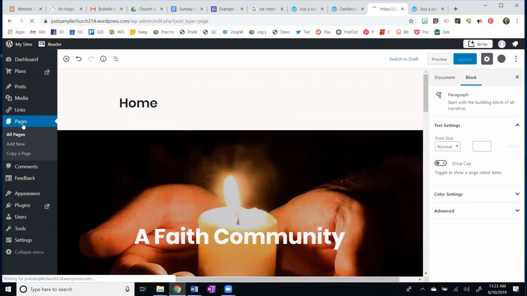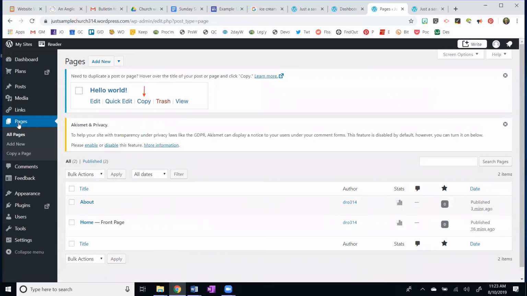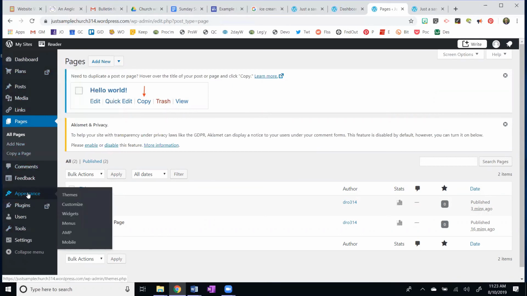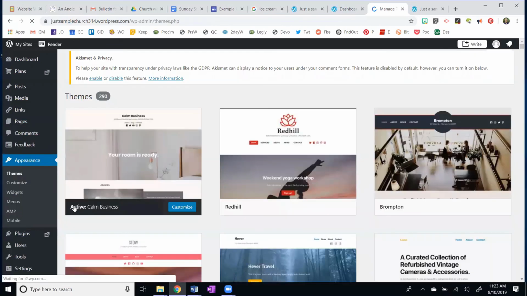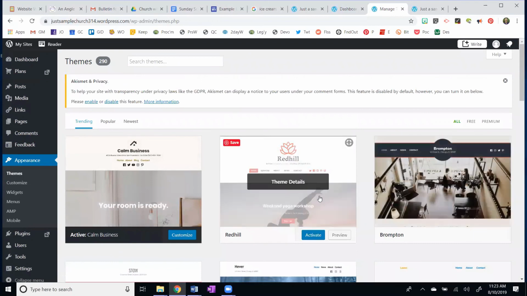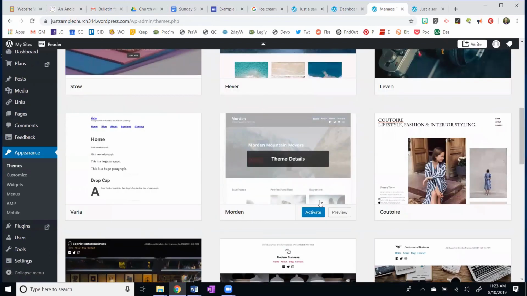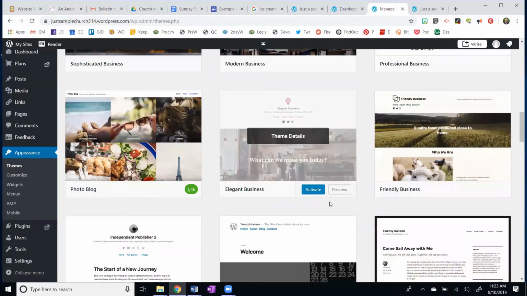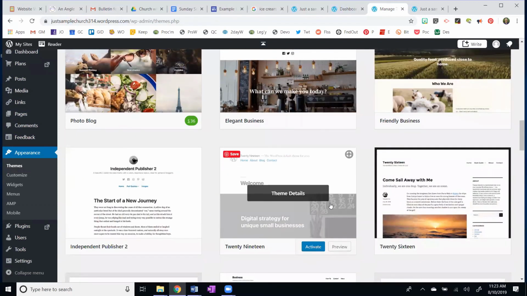Where are the themes? This is one of the big strengths, one of the many strengths of WordPress. In my editor here, if I go to Appearance, I've got lots of things I can do. I can change my theme, I can customize widgets, menus, and so on. I'm going to come to my themes. And these themes here are all available free. There are many free themes out there. And this is one of the things about WordPress, it's crowdsourced. The whole internet is working on it.